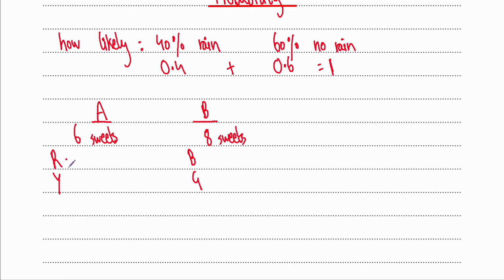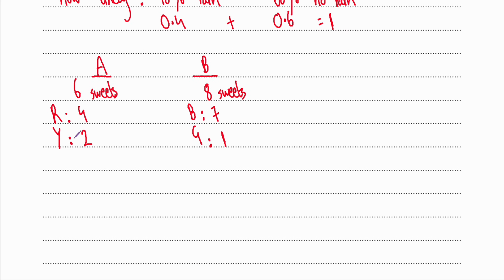I'm gonna tell you that in bag A there are 4 red sweets. That means obviously there are gonna be 2 yellow sweets, right? And then in bag B I tell you there are 7 blue sweets, and there is of course just 1 green sweet. So you can see over here, the probability of picking a red sweet